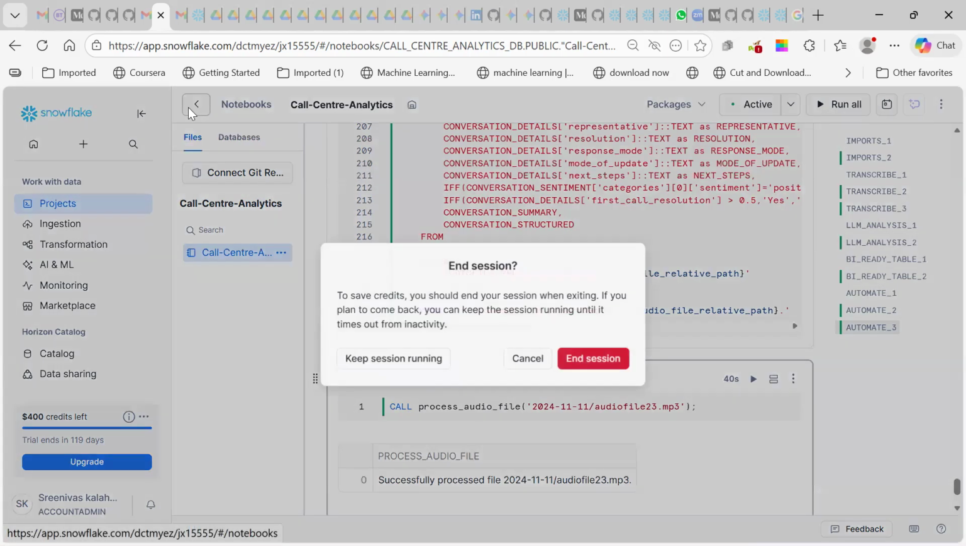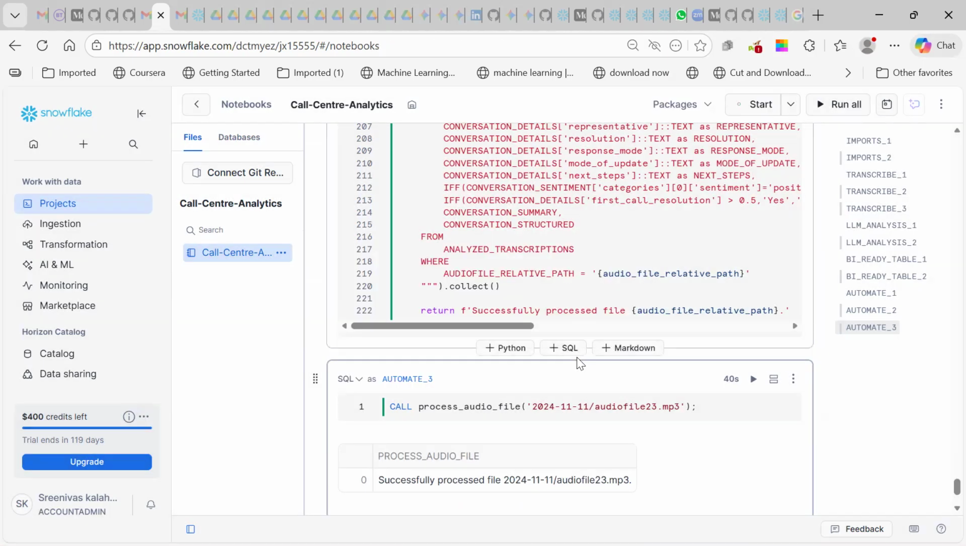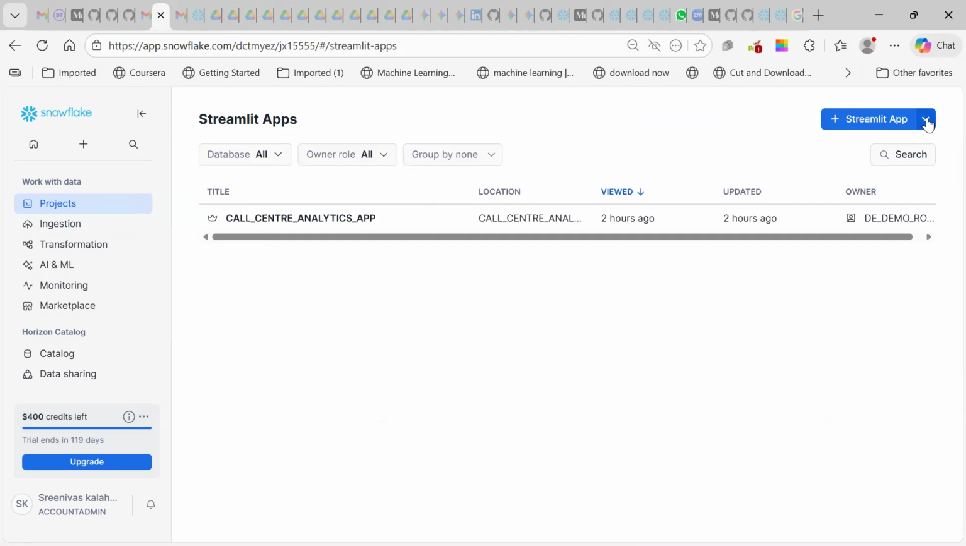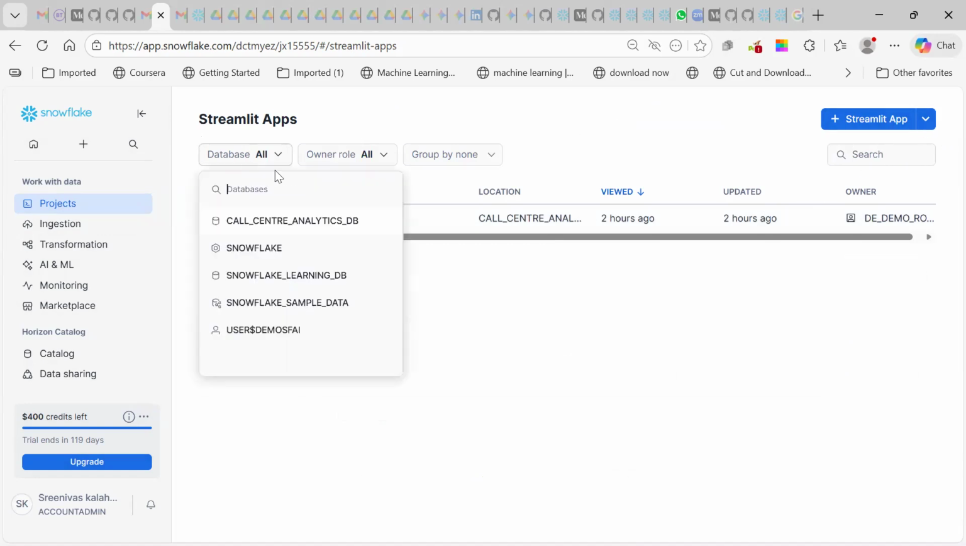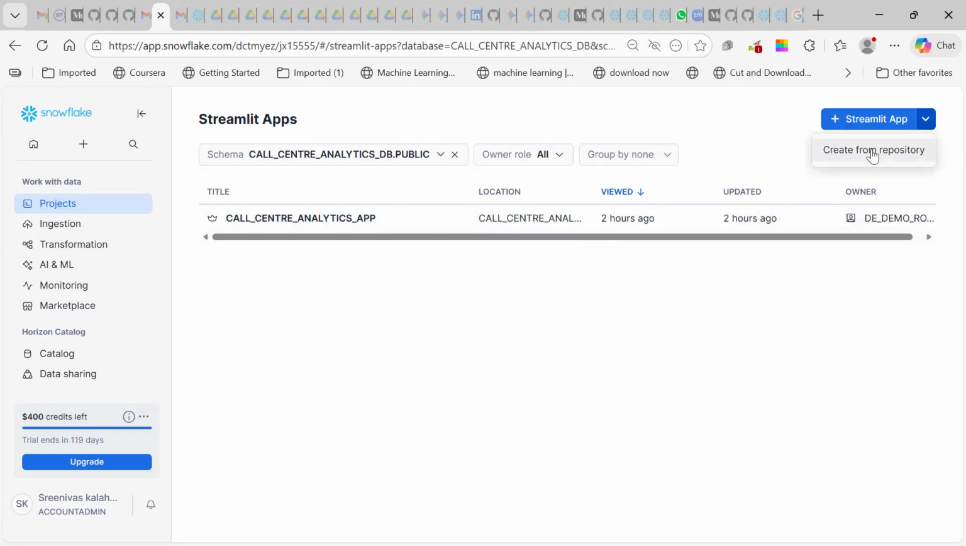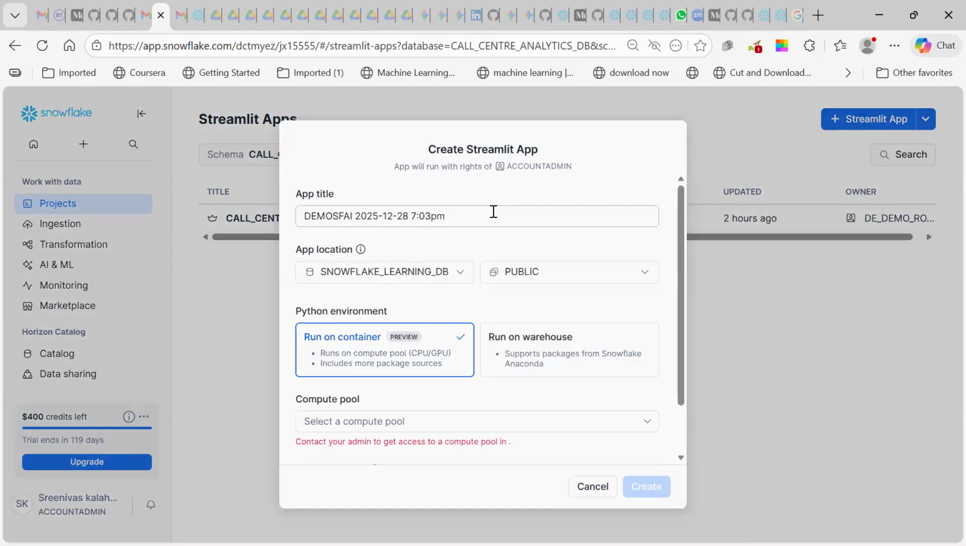So now we'll go to Streamlit here, and here we have Streamlit, and I'll try to create a new app. And this is an app already generated earlier. So what we'll do, we'll select the call center database, public schema, and I'll try to create here. We need to